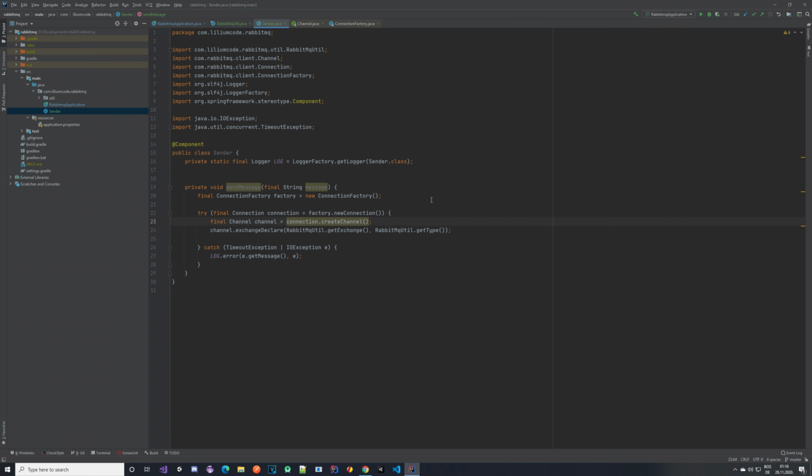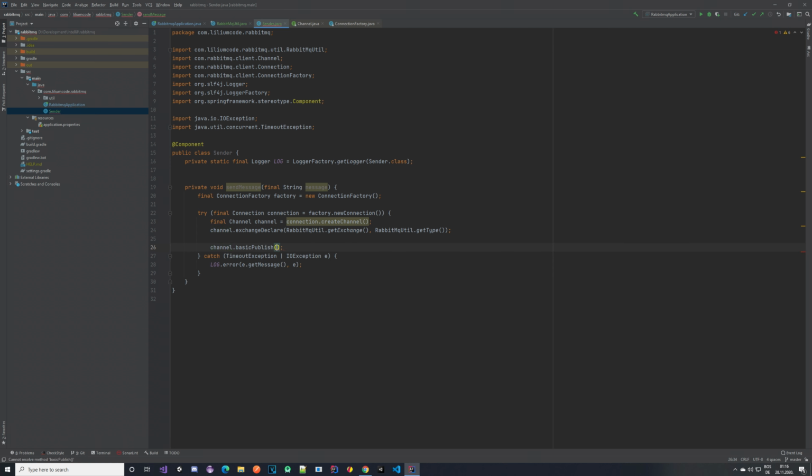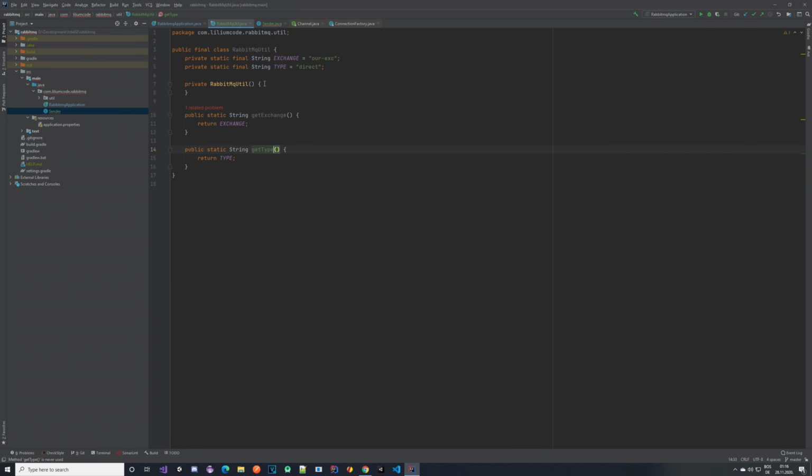Okay, now that we have declared our exchange, we can actually do the publishing. As you can see, this code is not really that complicated, it's fairly simple. To publish a message, we go channel, then we use the basic publish, which again needs the exchange. We can again get it from the util class, and it also needs our routing key, which we can also create here. We can just duplicate this and